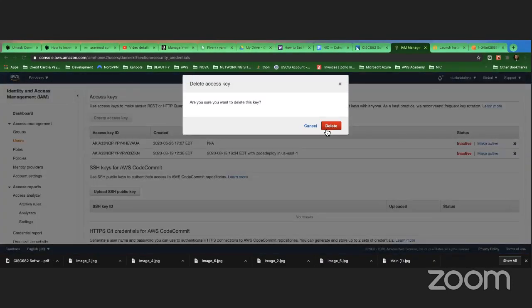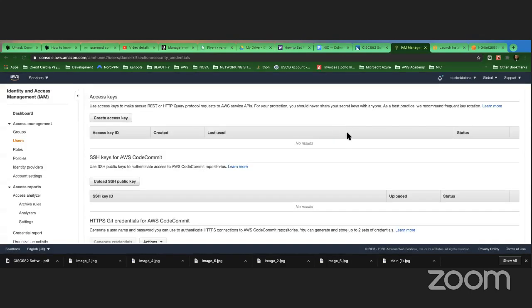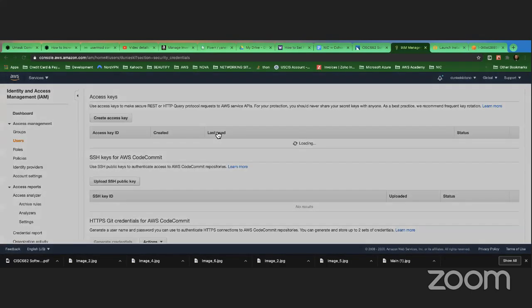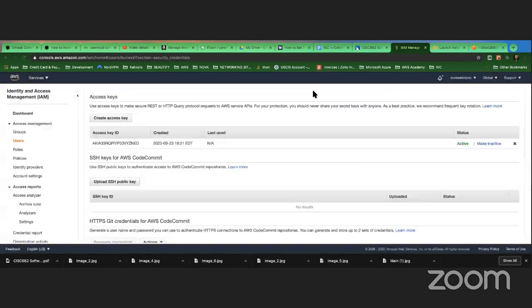Let me delete them. This is what AWS recommends: delete this one and then create the new ones here. Just in case someone sees your keys and has a hold of those keys, you're going to have problems. So if you know that, rapidly what you have to do is disable or inactivate those keys, just delete them and create new ones. Then the person would not have access to those.